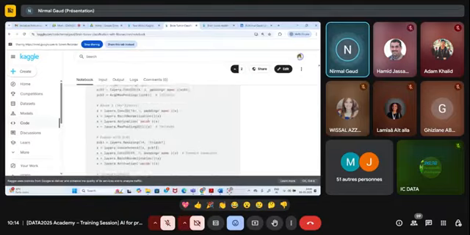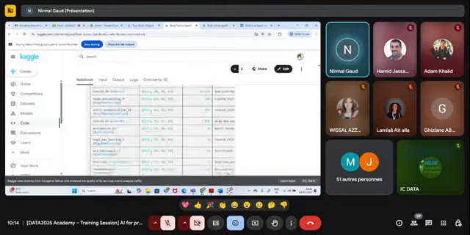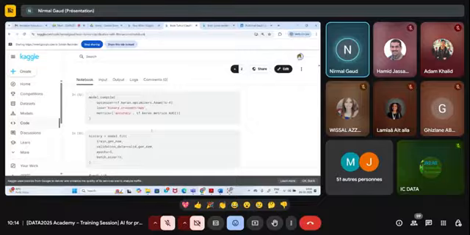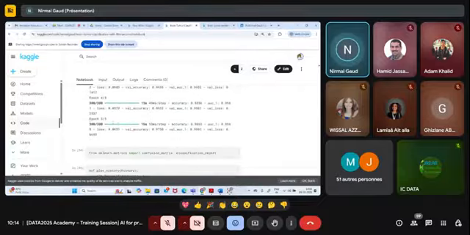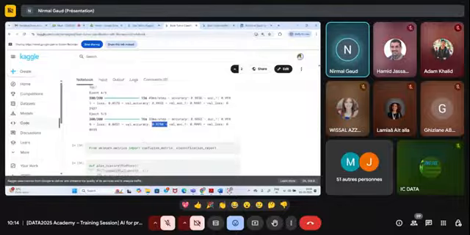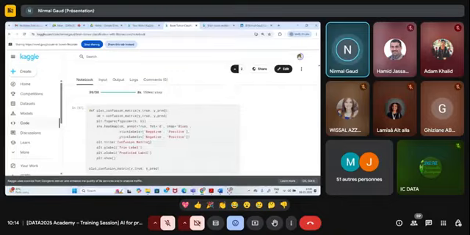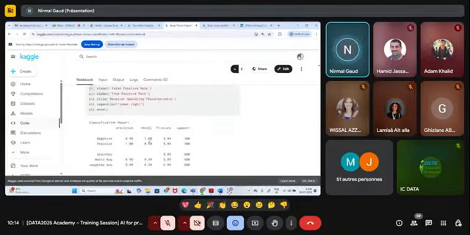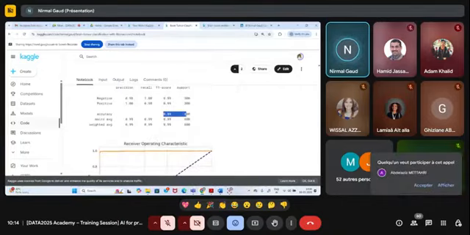Once I trained this model, this architecture which I built, with 5 iterations only, I got 98% accuracy in training and 97% in validation. So my model is not overfitting. I'm getting a good score. 98% training, 97.5% validation, and the test accuracy is 99%.